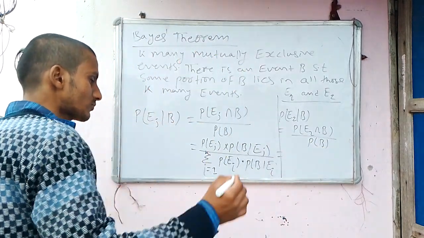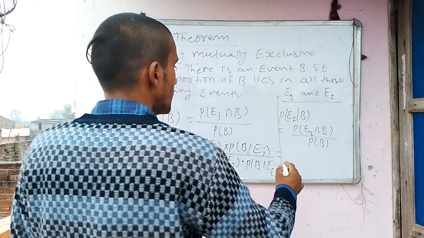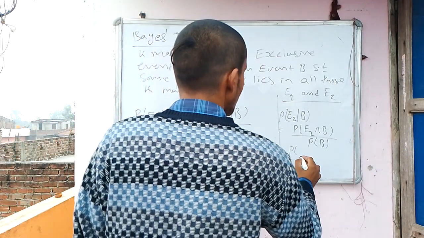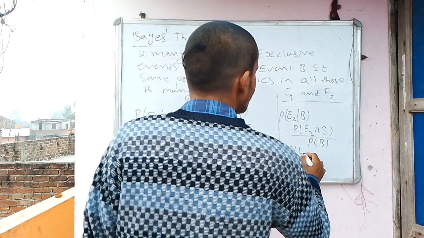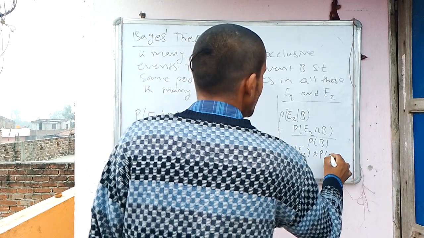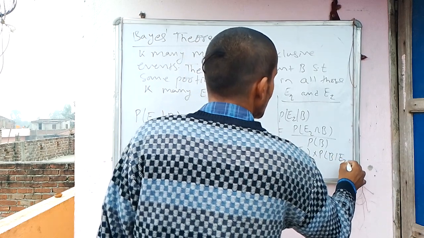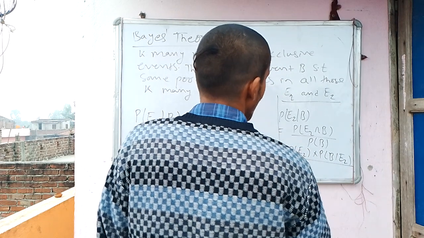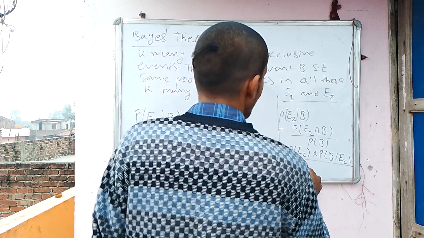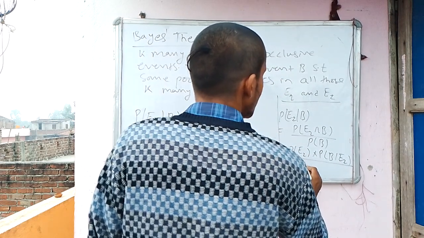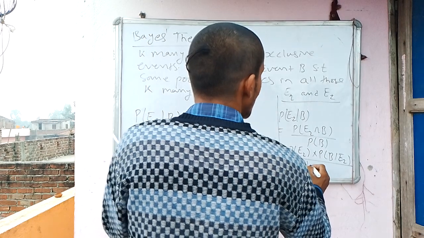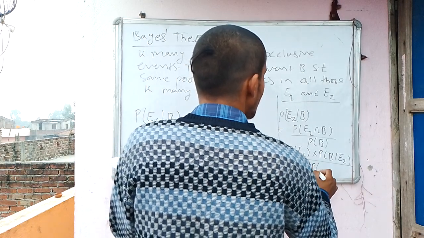And now, what is this going to be equal to? It's going to be equal to probability of E2 times probability of B given E2, divided by probability of E1 times probability of B given E1